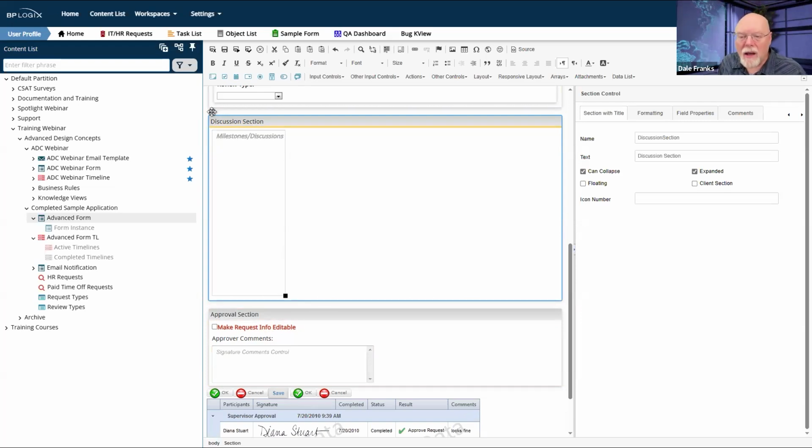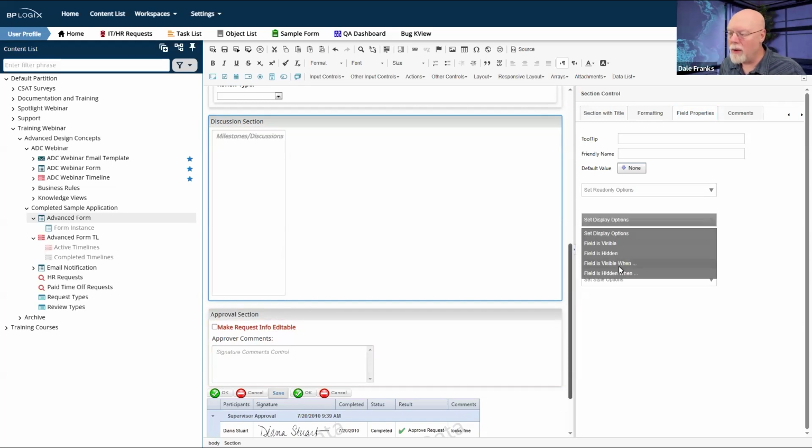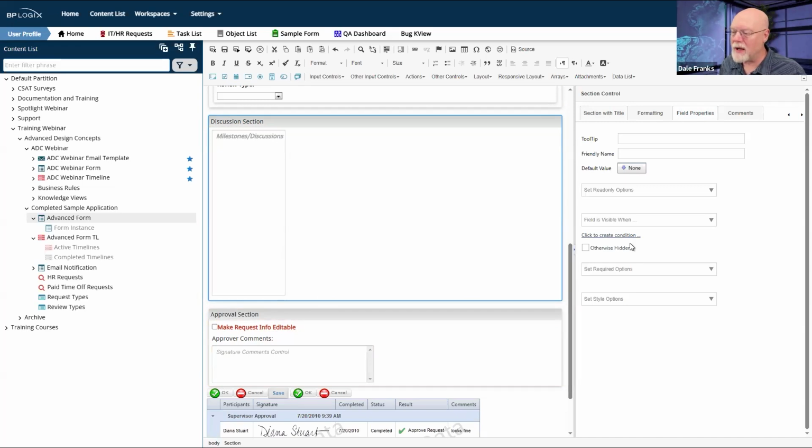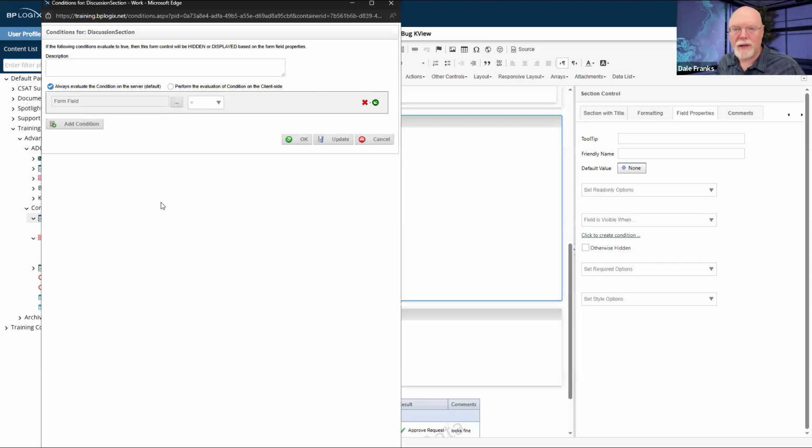I think in the case of a discussion section like this, you're probably going to want this to be displayed. So we'll show this entire discussion section. We'll set it as visible when, and we don't want it showing up on new form instance, but we do want it showing up at all other times.